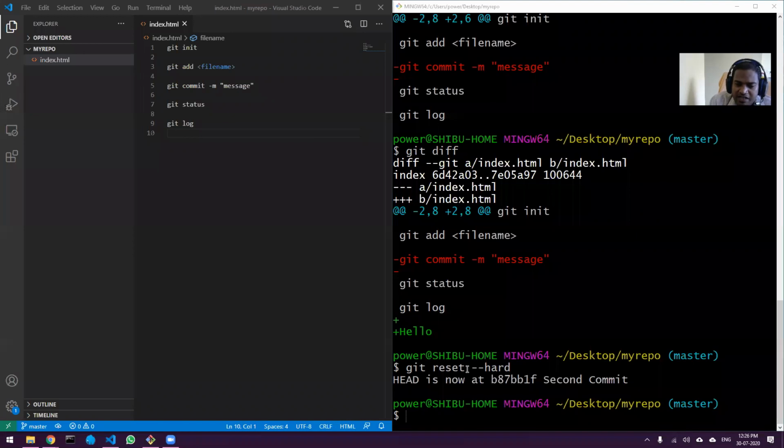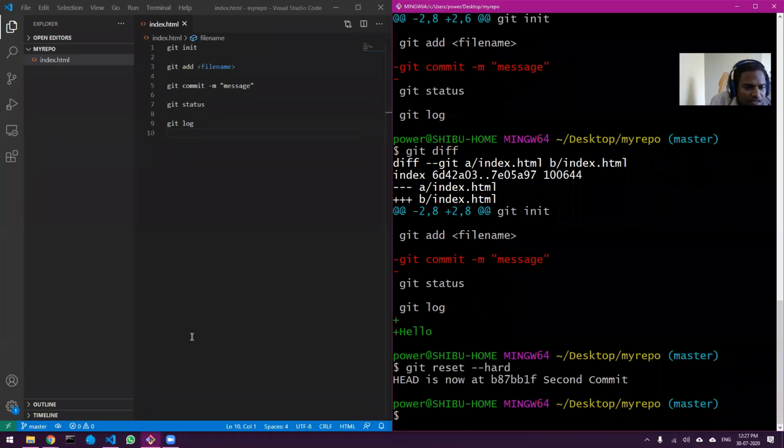Okay, so I will explain this command in much more detail in the next part, where we will see the difference between git reset and git revert. It is very important to understand the difference between the two, because whenever you are working on the local environment, it is better to use reset. And if you're working on the remote environment or a public repo, or there are multiple people working on this, then it is always advisable to go for git revert. Both the differences I will explain in detail later. But for the time being, for our introductory course, git reset hard is enough.